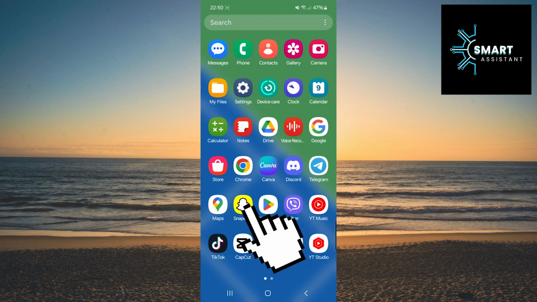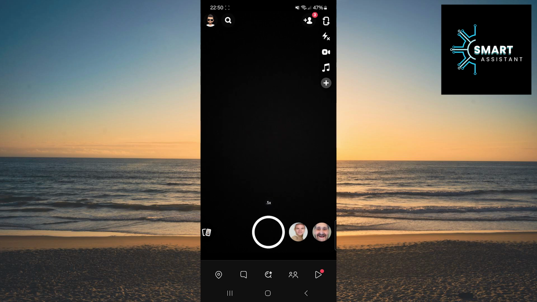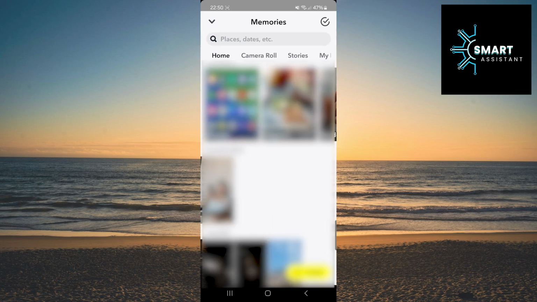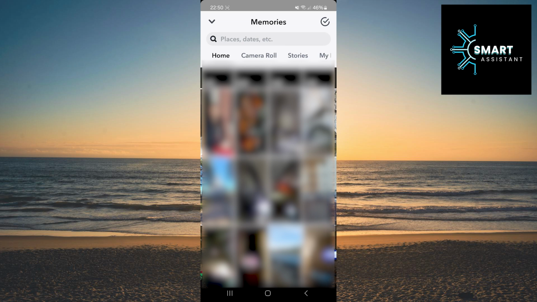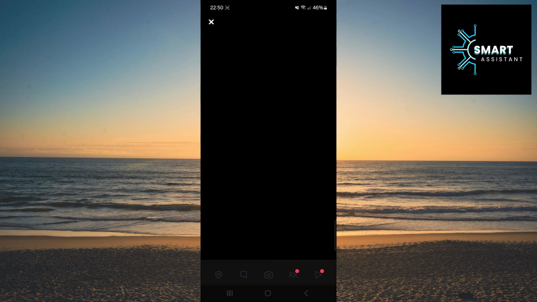Open your Snapchat app. Right after that, in the bottom left corner, tap on the Memories option. Once you open it, you will see all your saved snaps and stories. Find the snap you want to download to your gallery, then open it. When you have it open, tap the arrow icon on the right side of the screen, which will open additional